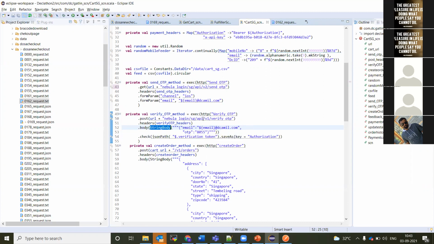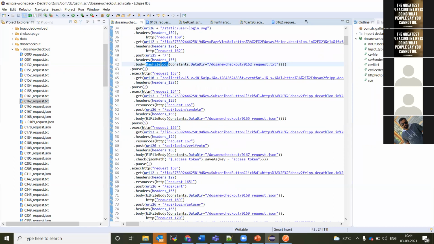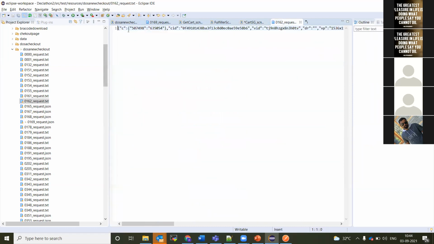And if you want to make any changes, or if you want to take those files as a JSON file, you can save it as a JSON file in a separate folder and take from there. Then you can make it a raw file, which is how it is shown here, a raw file body. The raw file request is this one. No changes will be there, it is static data. And if you want to make any dynamic changes in this raw file, then you have to make it an EL file body.